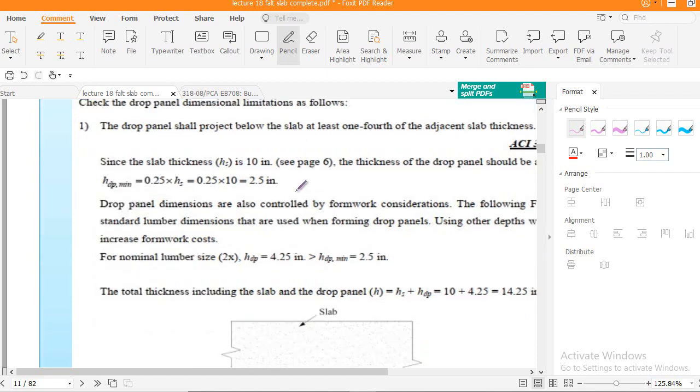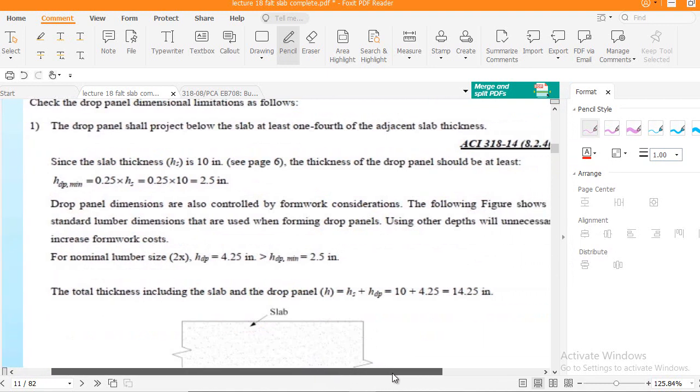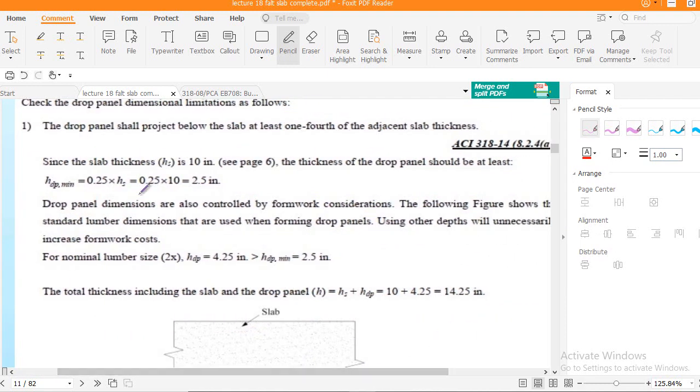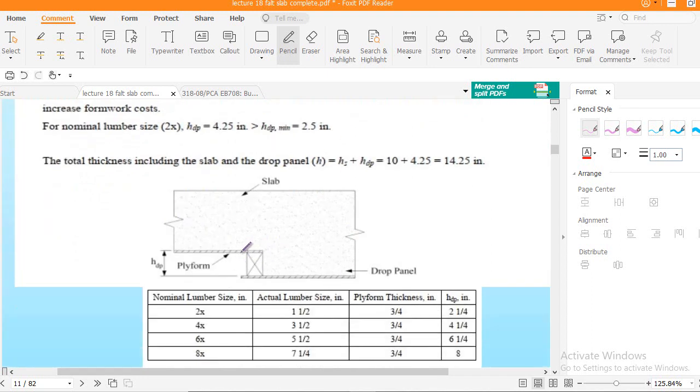So after that, when we are fixing the drop panel size, there are certain limitations, right? There are certain limitations which we have to fulfill, right? Now, what are those limitations? ACI code limits basically that when you are fixing the, you see here, this is the edge of this at the bottom of the slab, and here we are extending the drop panel. So this size should be such that a standard size of